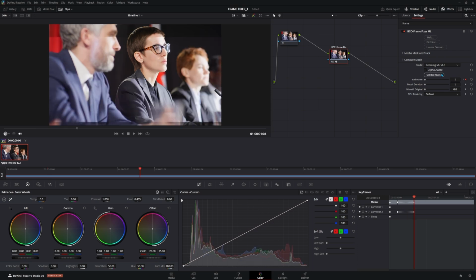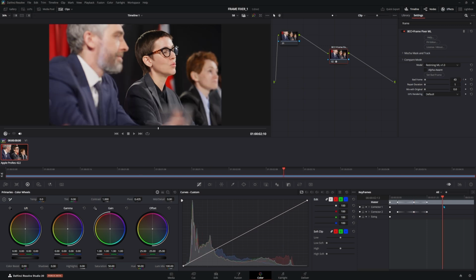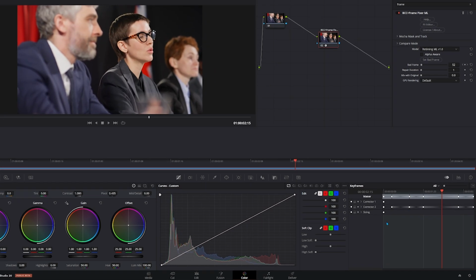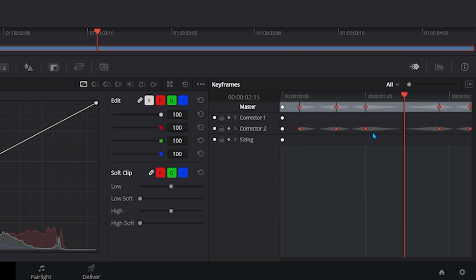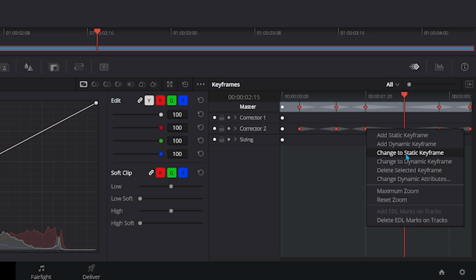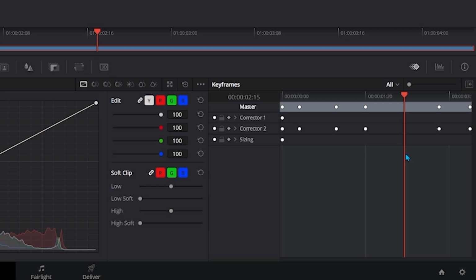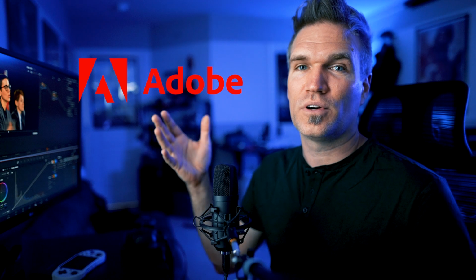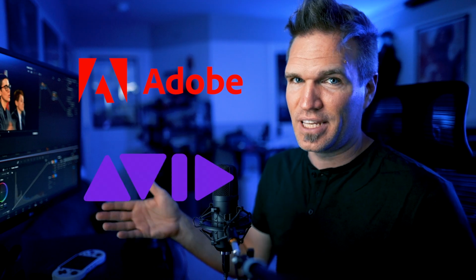Set bad frame, change the number, 28 in this case, and do the same for the rest of these bad frames. Now, if you were to look closely down here, you'd see there's this sort of transition graphic showing that there's interpolation between frames. So with all of them selected, right-click and go to Change to Static Keyframe. This way it works just like Toggle Hold Keyframe in Adobe or Shelf in Avid Media Composer.